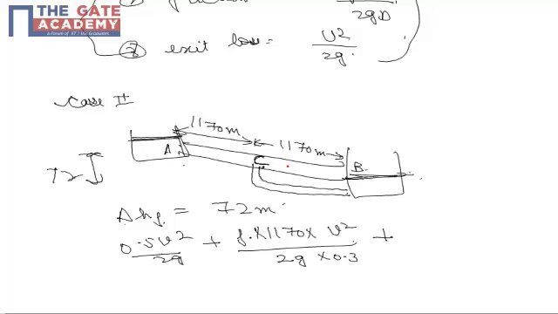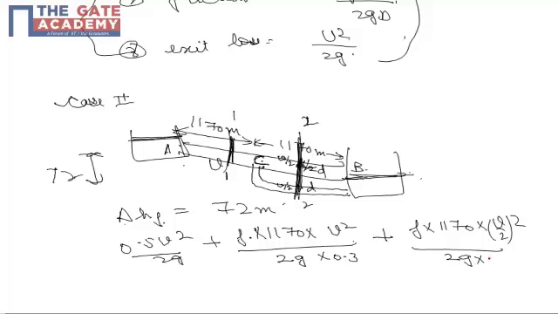Now here we are using two pipes each of diameter D, so the discharge through this section has to be the same through this complete section. Since the diameter is the same, if here the flow velocity is V, here the velocity will be V by 2 and here the velocity will be V by 2, so that between section 2 and section 1 the continuity equation is satisfied. So for the portion between C and B, the head loss will be F into 1170, L, V by 2 square by 2g into 0.3.